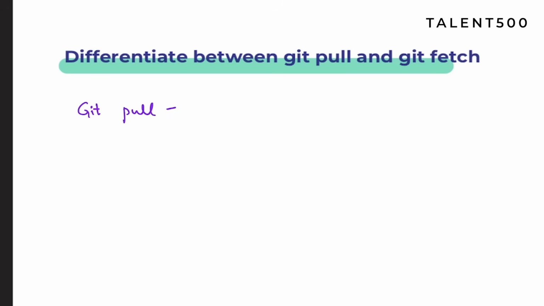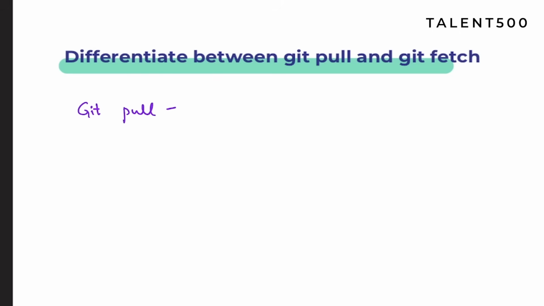So when you talk about git pull, let us say you have a repository, and you are working on it and making certain changes. If you want all the new changes, you are going to use git pull. So basically it is like pulling out all the new changes.